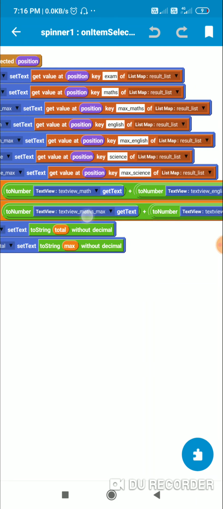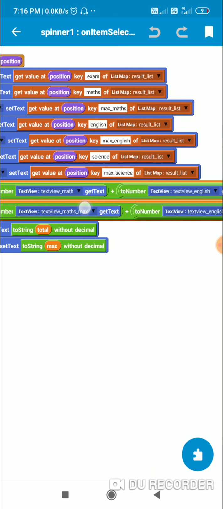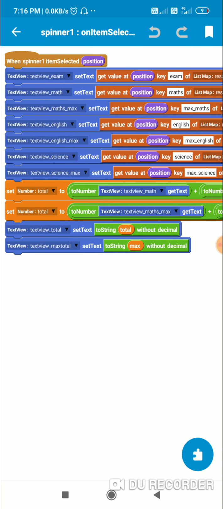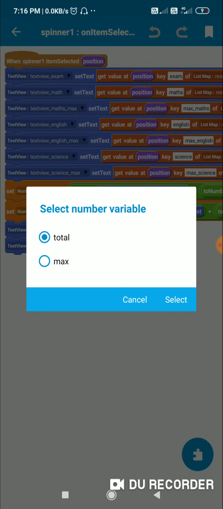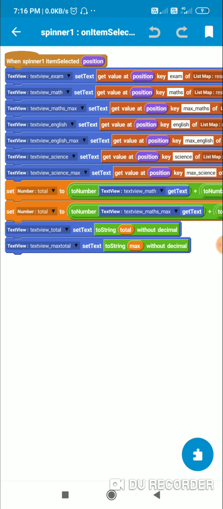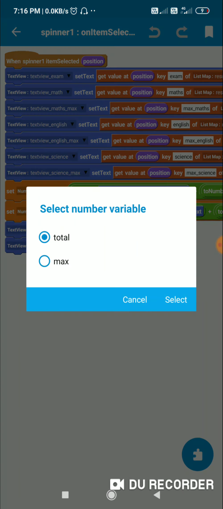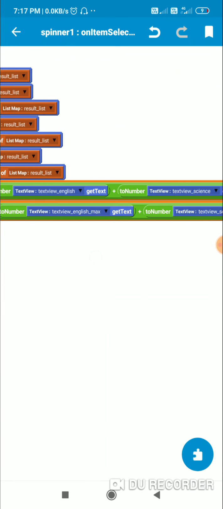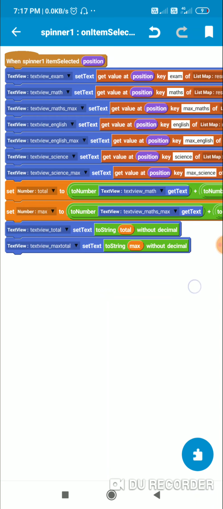After that, from all the text views I convert them to number variables, and I set a number variable total to their sum, and after that I set a number variable max to the sum of all the maximum numbers for each subject.